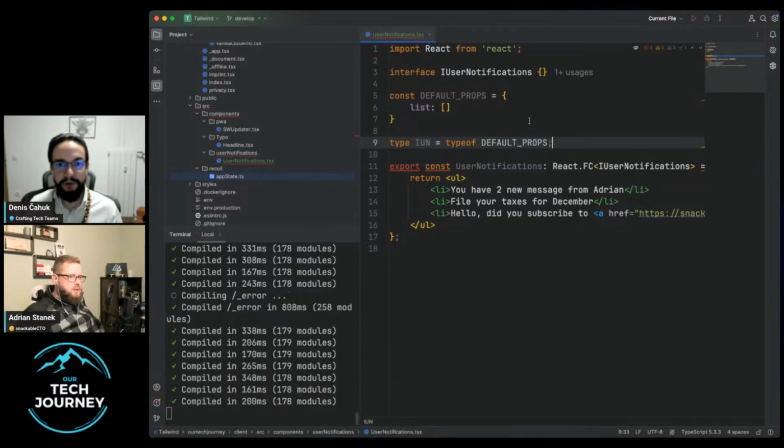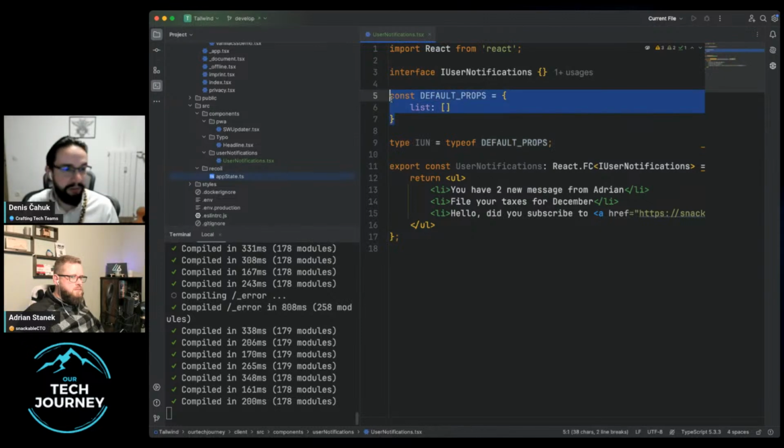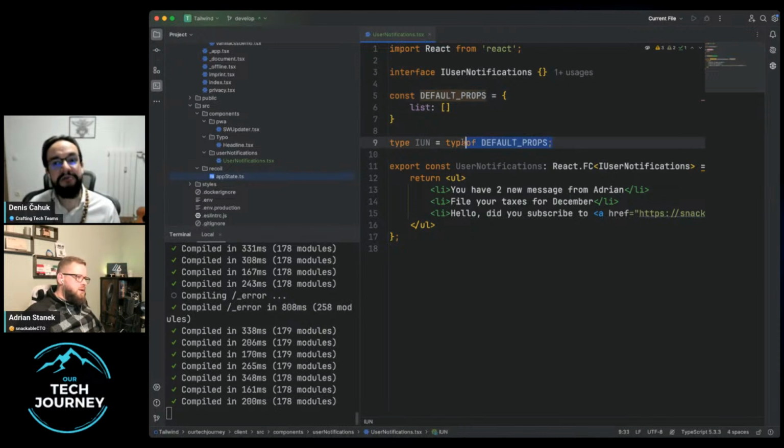You could even use this kind of type definition in TypeScript. So you can say, I'm never going to write the type definition. I'm just going to define, let's say for testing purposes or something else, my default props, and I'm going to pass them in as a default. And then I'm going to infer the type and export the type so that it always matches.